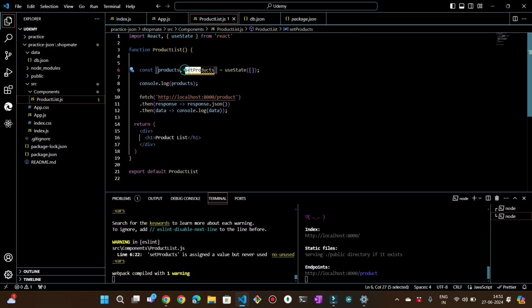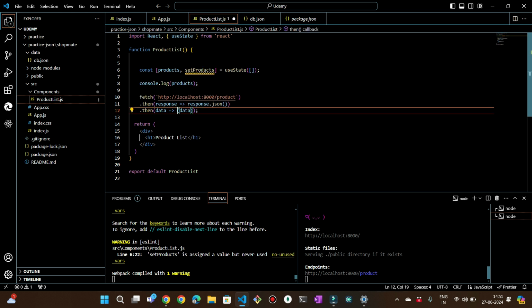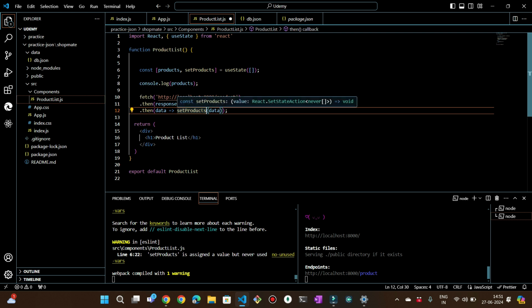Let me copy this one, edit here. Remember, I have not saved this. Remember, don't try this by saving this. Your system is going to hang. Don't try this. I'm using 64 GB system and still you are going to see what is going to happen right now. So what we are going to do here is we are going to call this set products, send